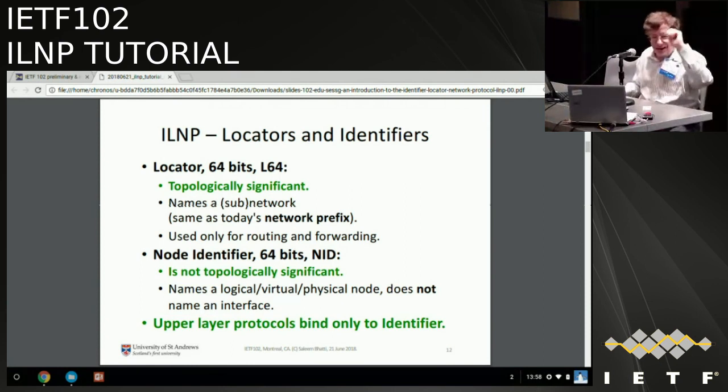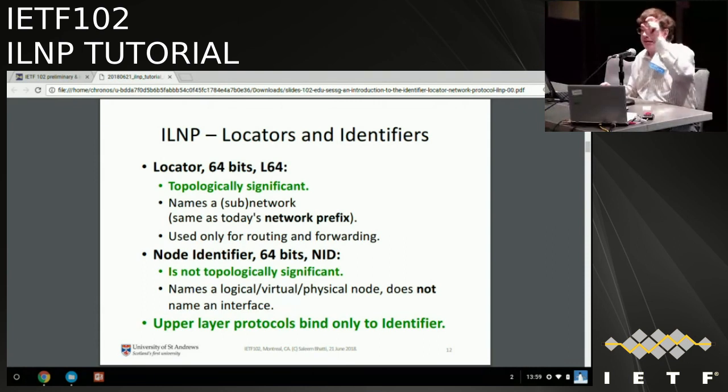You pull interfaces out, put them in, turn them on, turn them off. The identifier stays the same. In a lot of uses here at the IETF, we have to create what are called loopback addresses to create a name that is stable when you have to add and subtract. Well, no, this is not an interface name, so we don't have to make up an interface for it to be attached to. And the whole key here is the upper layer protocols, TCP, UDP, QUIC, whatever you're running,